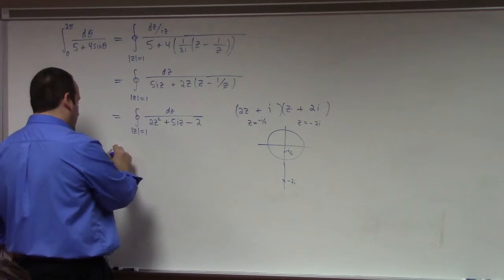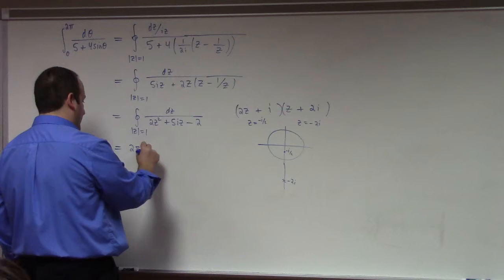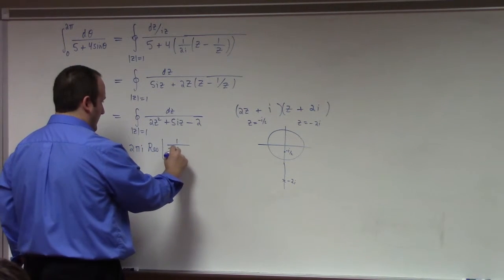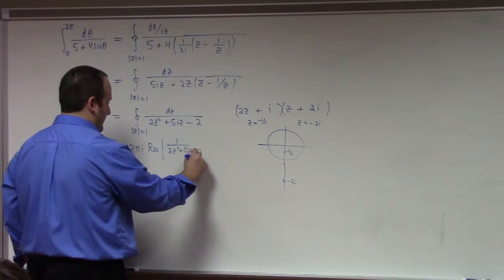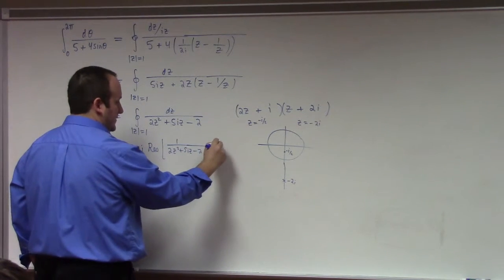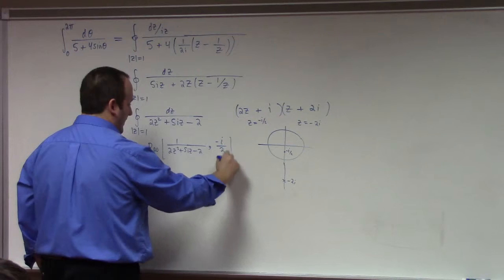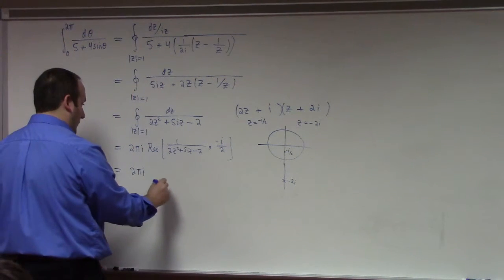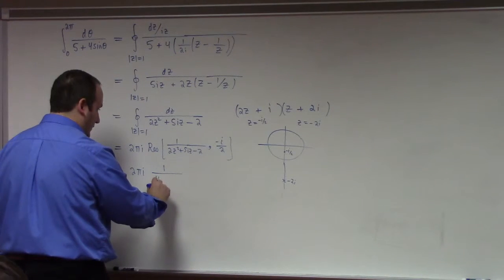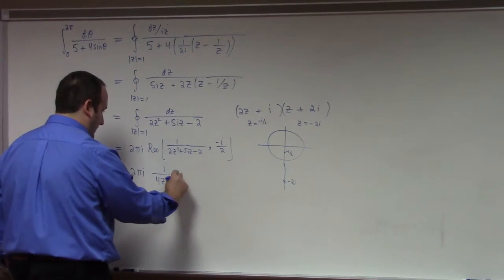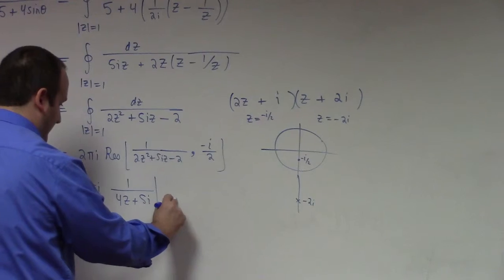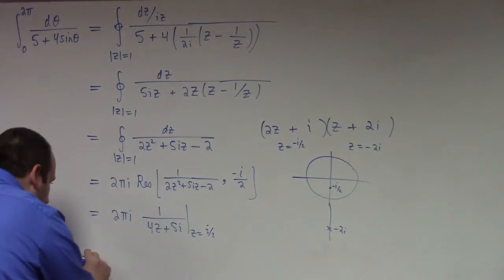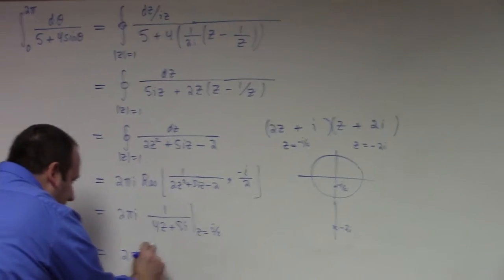So all we got to do is calculate 2 pi i times the residue of 1 over 2z squared plus 5iz minus 2 at minus i over 2. But hey, this is a simple zero, so why don't we just differentiate it and make use of rule 4? That's 1 over 4z plus 5i evaluated at z equals minus i over 2, which is 2 pi i times